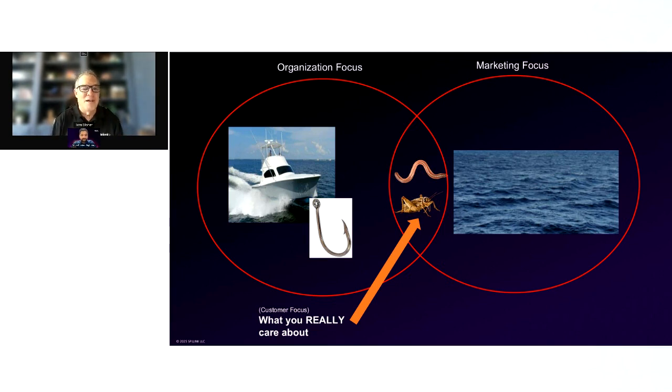And the fish care about the bait, right? And so what is bringing value to them? And value to them is not a shiny hook, it's not a nice boat, but the bait's giving value to the fish. And today what we're doing is we're focusing on